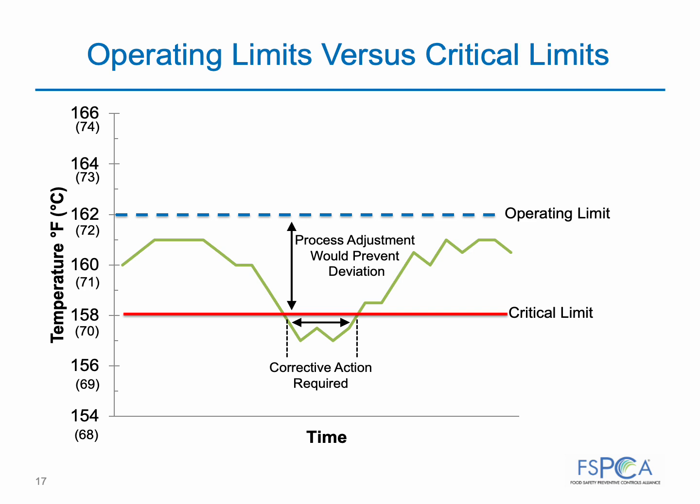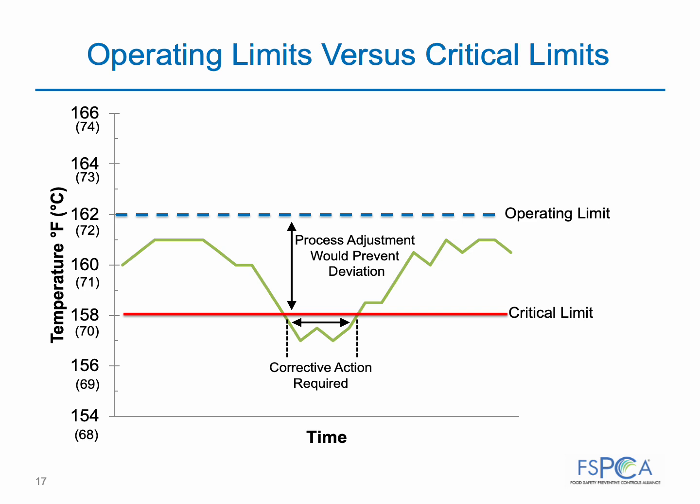If an adjustment is made before the temperature drops below the critical limit, no corrective action record is required. However, in this example, an adjustment was not made until after the temperature dropped below the critical limit of 158 degrees Fahrenheit or 70 degrees Celsius. Thus, appropriate corrective actions must be taken, and a corrective action report must be written and included with preventive controls